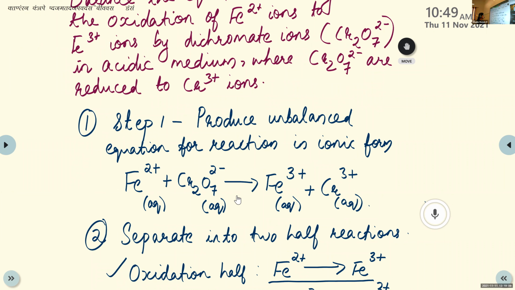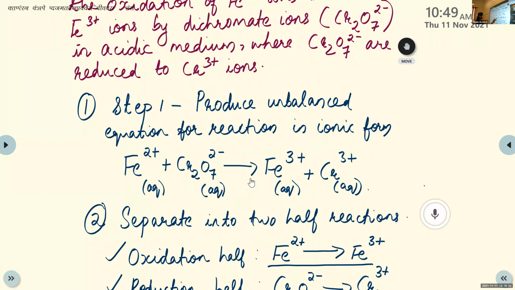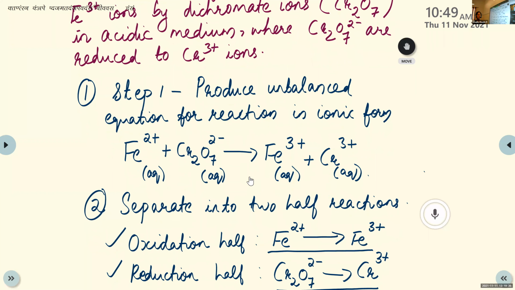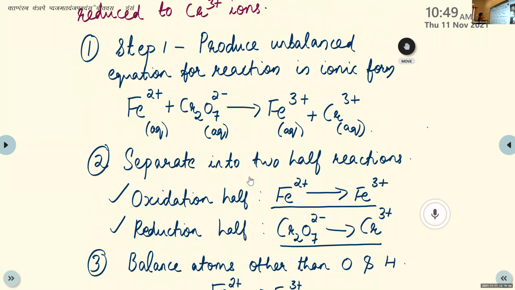So produce the unbalanced equation for the reaction in ionic form. So here Fe2+ is converted to Fe3+, and Cr2O7 2- is converted to Cr3+. Okay, so these two are the reactants. Fe2+ plus Cr2O7 2- will give Fe3+ plus Cr3+. That's the first step. Also specify the physical states. Then the second step, we have to separate it into two half reactions. So this is a redox reaction, so we can convert it into oxidation half and reduction half. So the oxidation half is Fe2+ is converted to Fe3+, and the reduction half Cr2O7 2- is converted